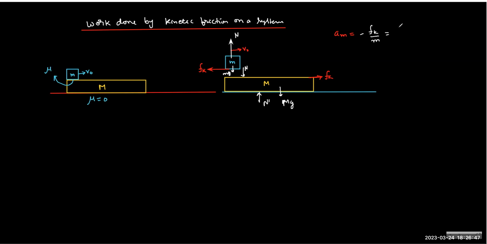And what is Fk by definition? Mu N. And what is N here? Mg. So what you're getting is mu g, right? Yes, sir. But in the same way, if you try to find the acceleration of the capital M, it is